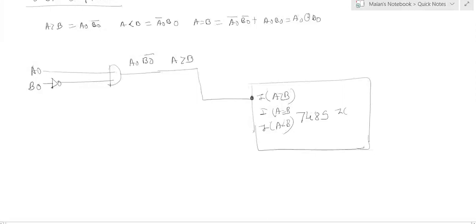Similarly, the XNOR operation to get A equal to B, with A0 and B0, gives me A0 XNOR B0, which is nothing but A equal to B. Now I am going to connect this to the cascading input of 7485.